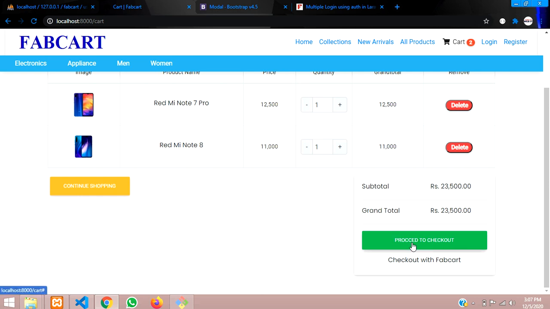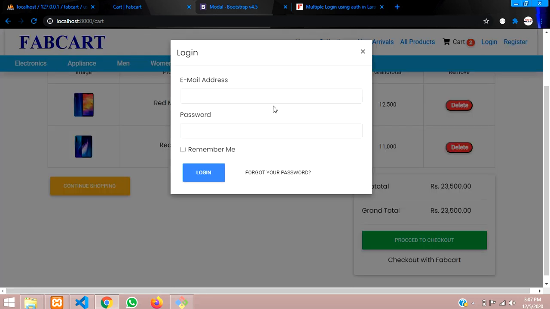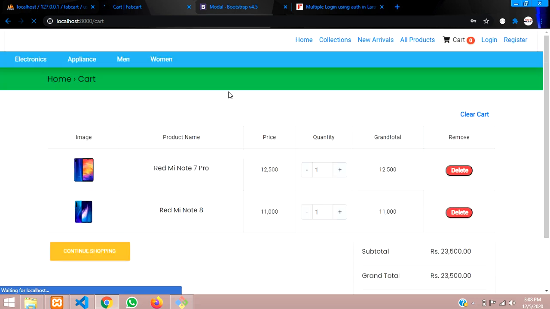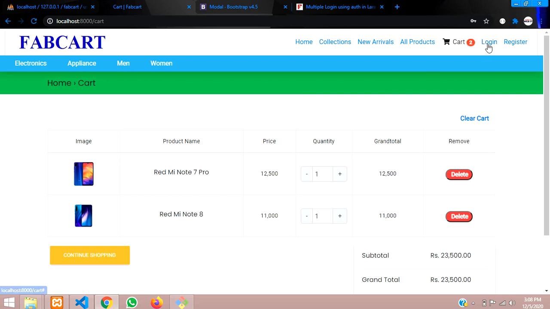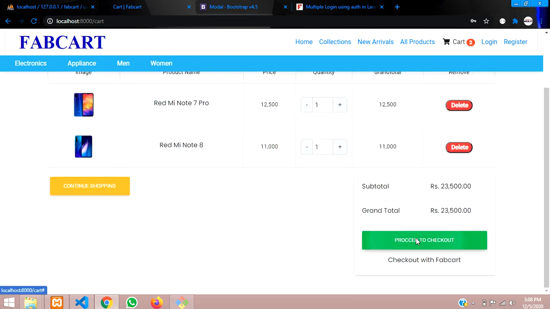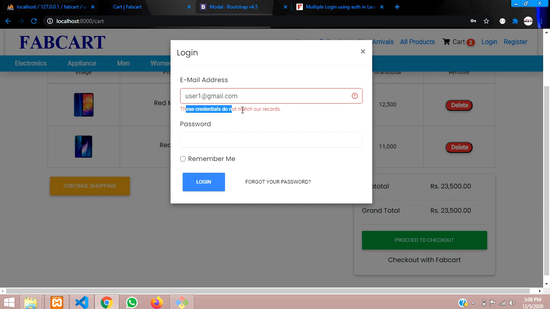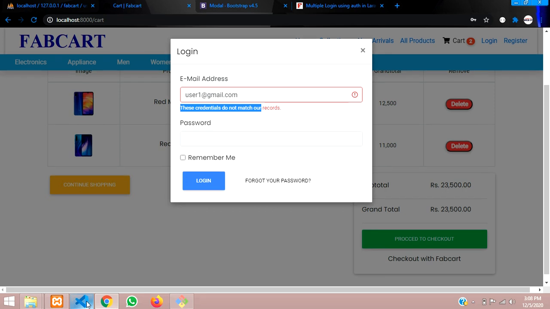So guys, for that, if I check out and paste the email ID and type some unwanted password, let me log in. When you log in, you'll see that the credential is wrong, right? You didn't log in, it is still showing login. As you view it, you will find the message that the credential did not match, but you want the modal to be displayed again, right? So how are you getting this? We will take this value and check it and then display the message.